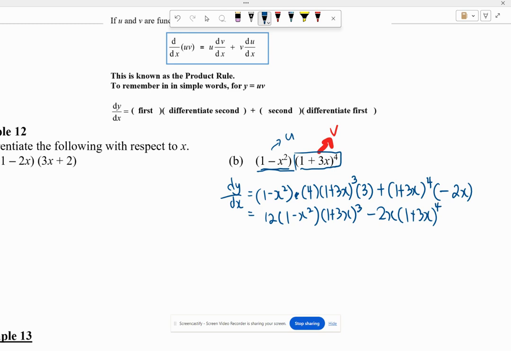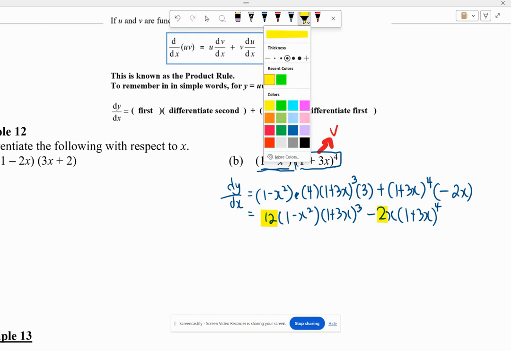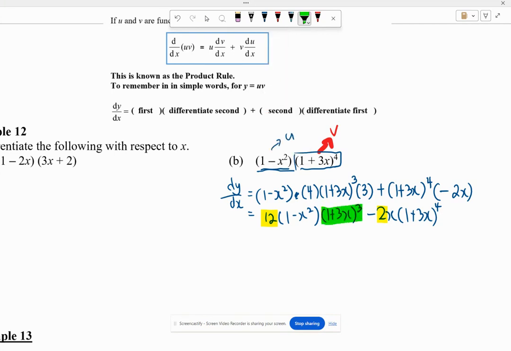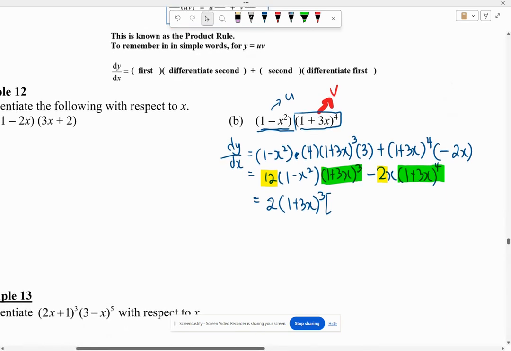Then we look out for the highest common factor. Alright, 12 and 2 for the numbers. And likewise for 1 plus 3x to the power 3 and 1 plus 3x to the power 4. So I can take out 2. I can take out 1 plus 3x to the power 3. And then inside over here I have 1 minus